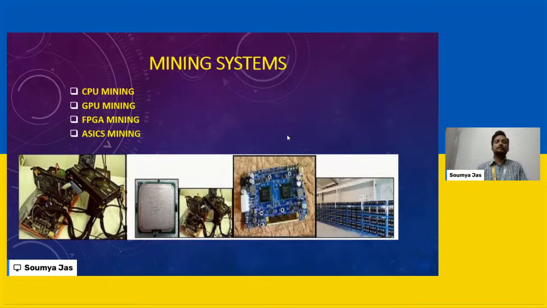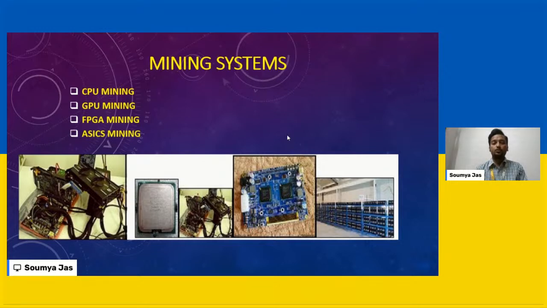So the next thing that comes is mining systems. We can perform mining through CPU mining, GPU mining, and ASIC mining. CPU mining was actually the first type of mining, in the original Bitcoin client. Users could even use a laptop, desktop or any type of mobile to mine these